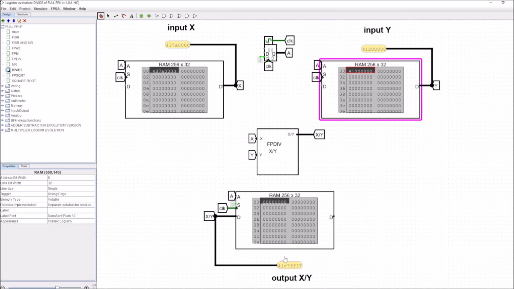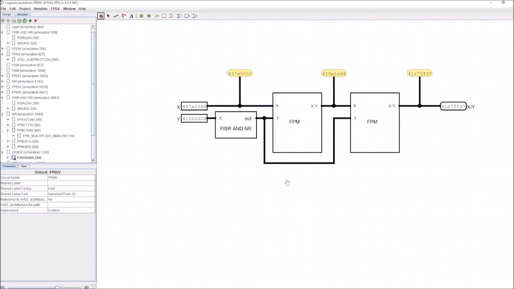So that's just the first one. I just wanted to quickly show you that. Now, I'm not going to go through the circuit in detail, but let's have a quick look inside. So we get into the circuit here, and you can see we've got our fast inverse square root and also the